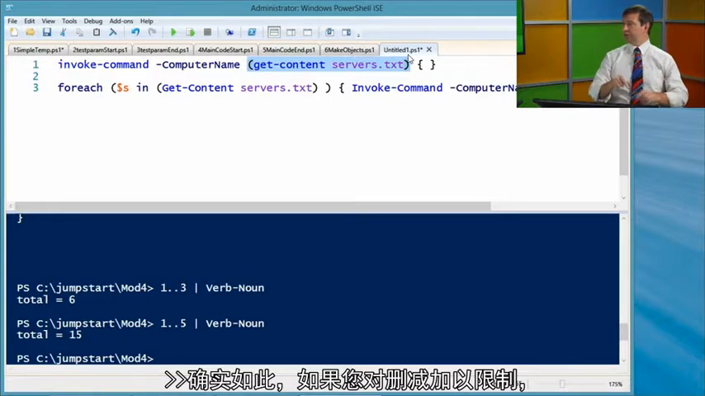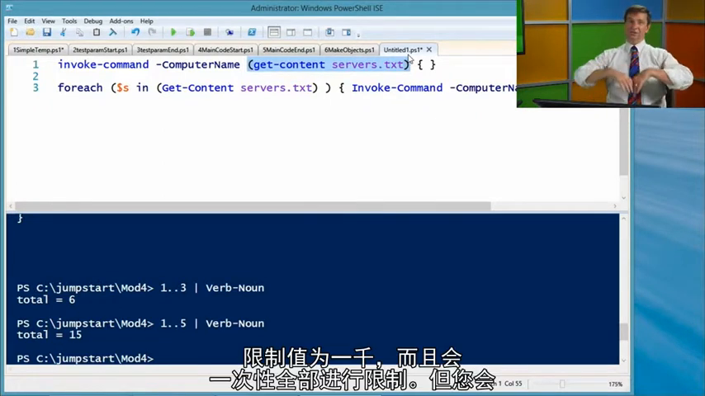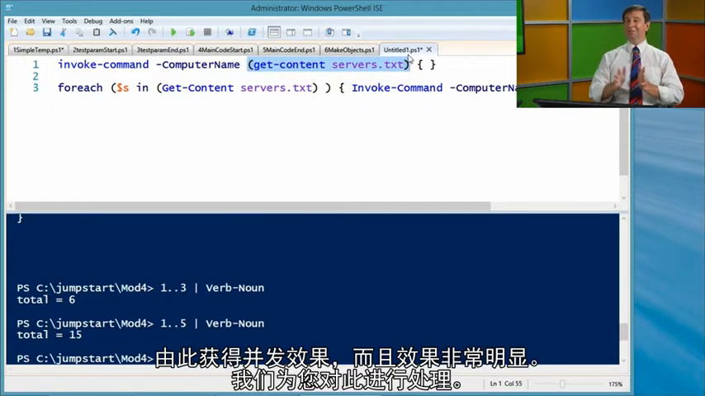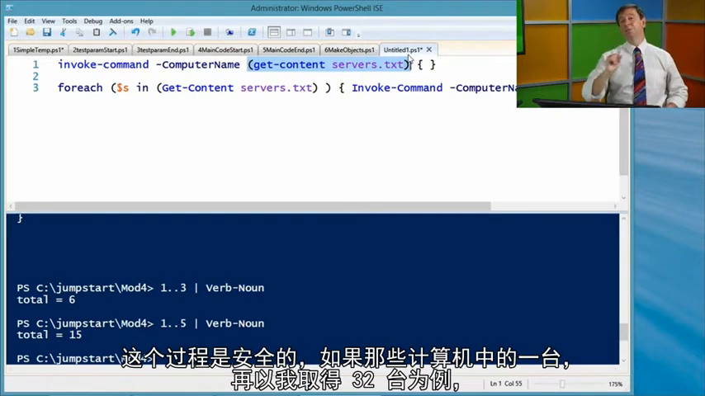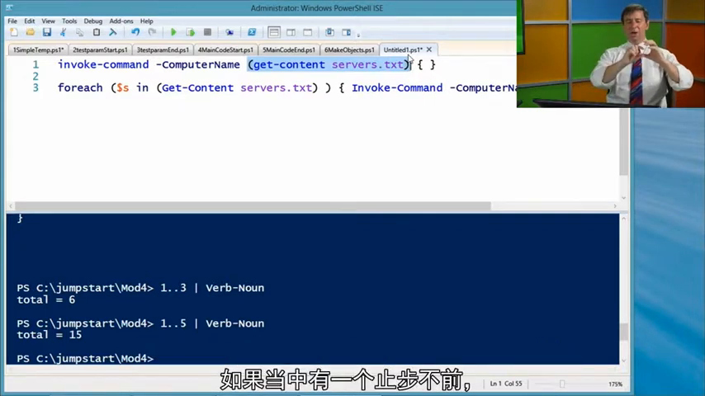Exactly. And if you wanted to, you could do minus throttle limit equals 1,000 and do them all at once. But this is where you get parallelism, super powerful. We handle it for you. It's safe. And if one of those machines, like again, I got 32 of them, if one of them stalled